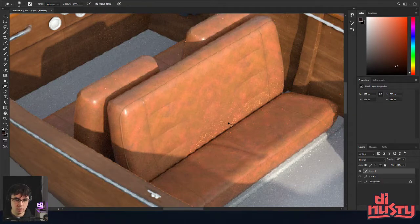Like, can I do this? I don't know if I can do this. I'm not too confident in my Photoshop skills. Especially with the mouse, you know what I'm saying? This is not going to work out at all. Anyways,